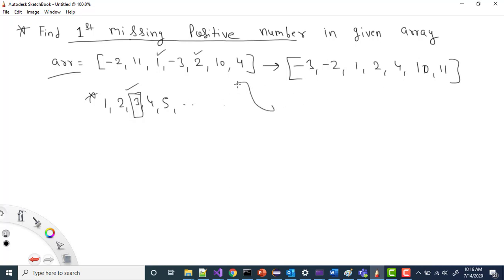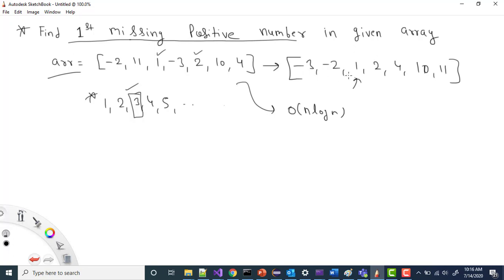So first of all, we'll sort this array. In sorting, our complexity is n log n, right? So we can use quick sort or merge sort. Now we can start from this one, and as soon as we get a negative number, we can just ignore them. Now the first positive number, let's say we start from this one. As soon as we start from this first positive number, we'll say that it should start from 1. Now we have 1, we have 2, but we don't have 3. So as soon as we don't find the next positive number, in this case we can return it as my answer.